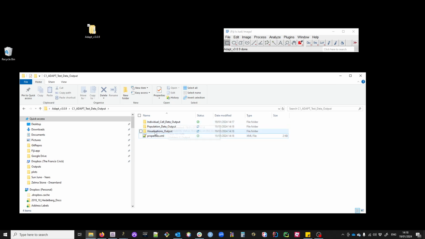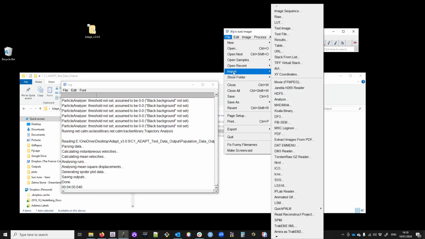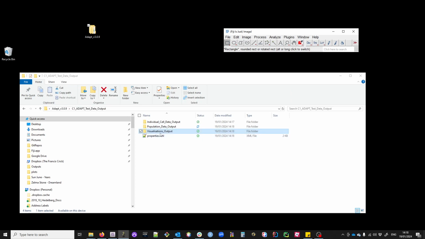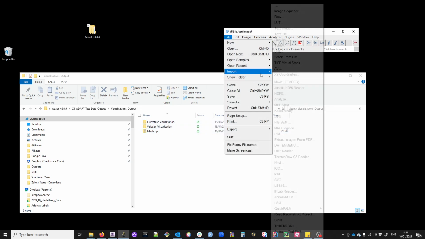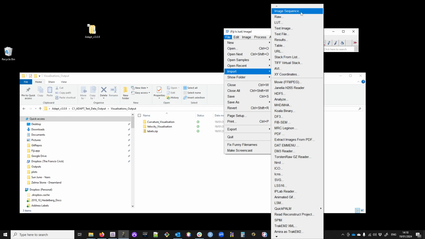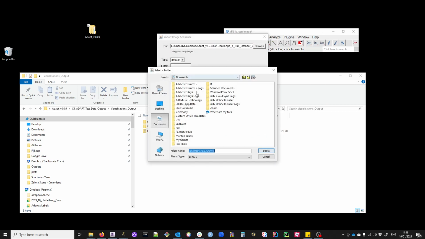We'll have a look at that in a minute, but the first thing we're going to look at is the visualizations output, because that's the first thing you're probably going to want to check to make sure that the segmentations and the tracking actually worked appropriately. So in there you'll have a couple of different folders which are essentially just image sequences. So you can load each of those image sequences in Fiji by going to import image sequence, and then point Fiji to that